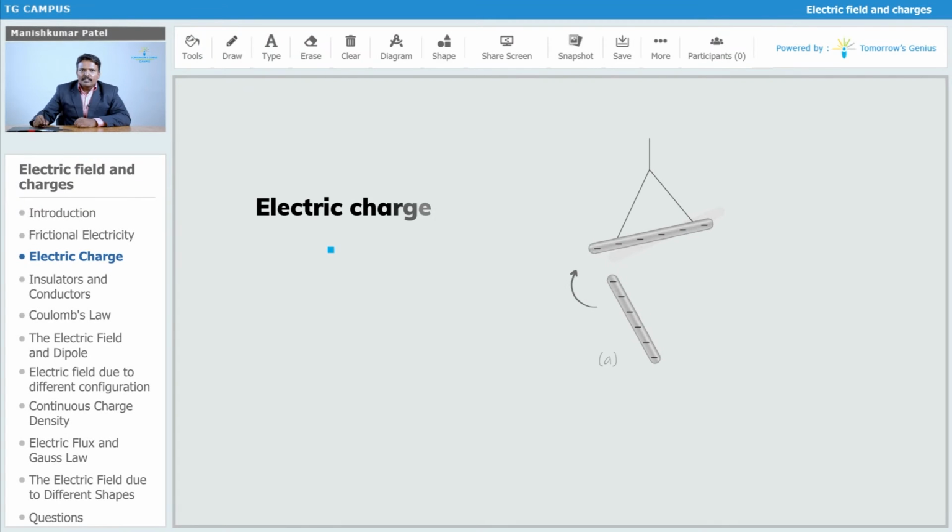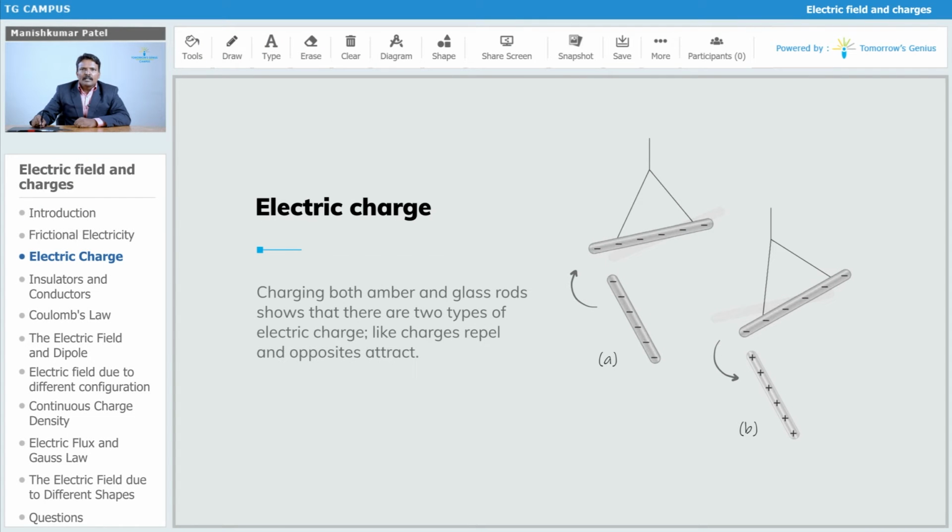You can verify the same thing experimentally. I have a glass rod. When I rub the glass rod with silk, attach that glass rod to the wall with the help of a string. Then take another, an amber rod, rub it with wool, and again tie it to the wall with a string. You will find that there is a force of repulsion between them, because now both have the